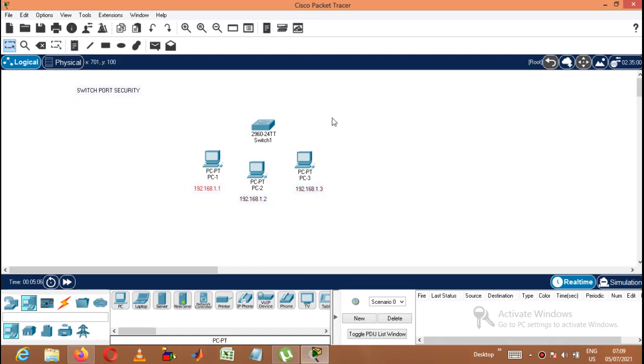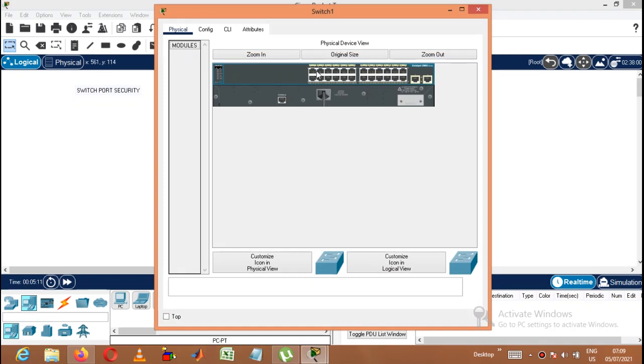Now, what switchboard security actually is, we'll go into the switch. This is a 2960 Cisco proprietary switch. We have 24 fast Ethernet ports and 2 gigabit Ethernet ports. When an unknown person should not use the ports desired for a particular laptop, we need to secure those ports. For example, port 1, port 2, and port 3. These 3 ports should be completely secured. So anybody who unplugs our PCs, we should not give access to them. So we should go with switchboard security.